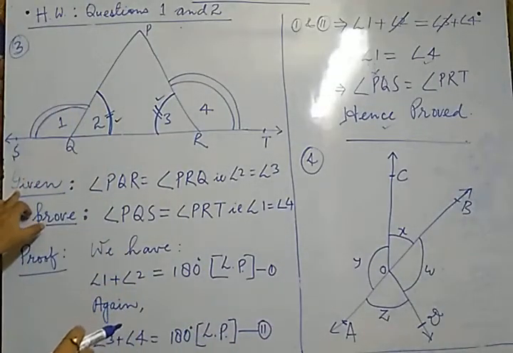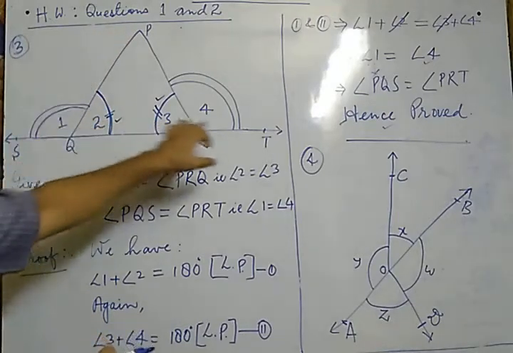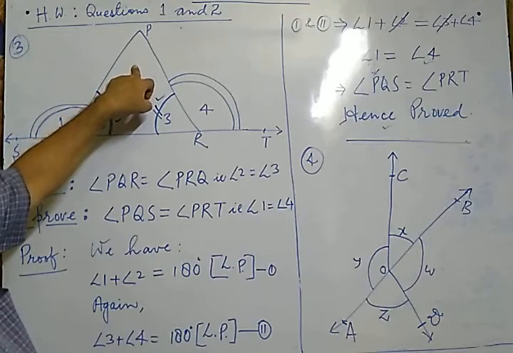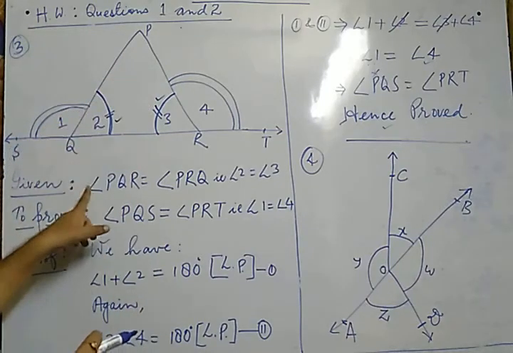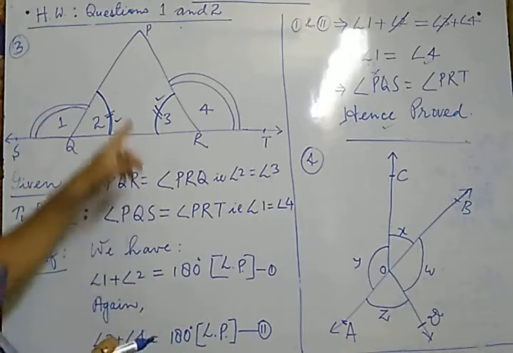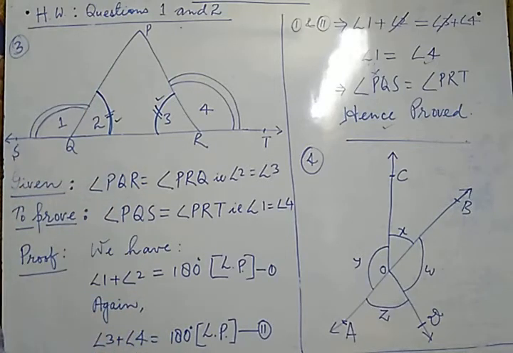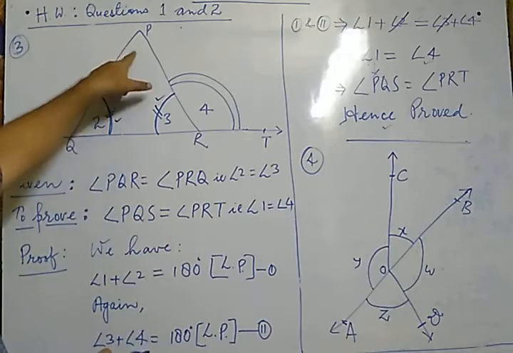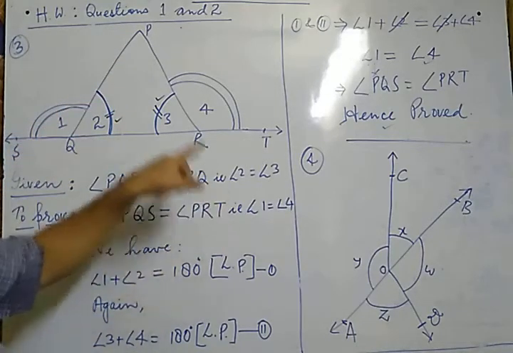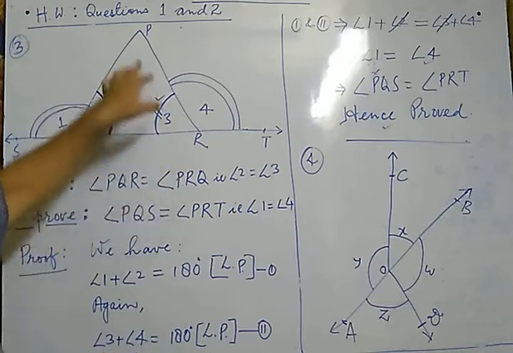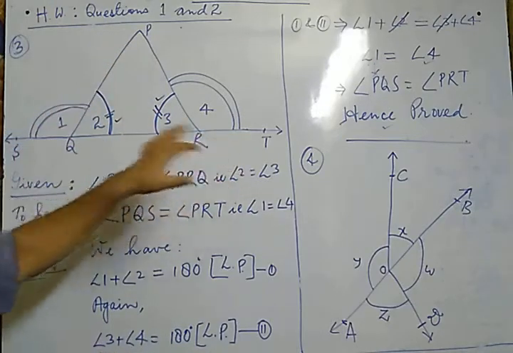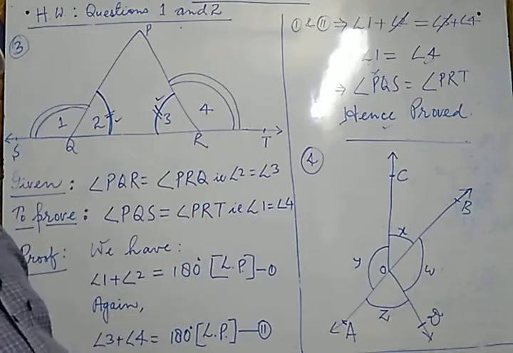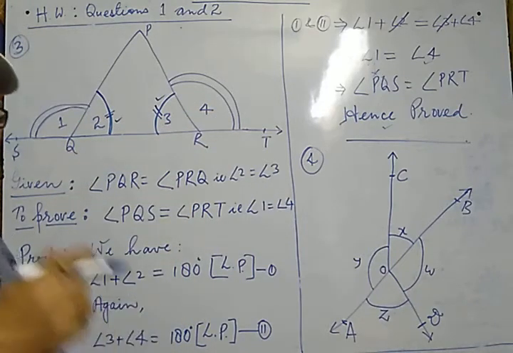Firstly, put the heading given. Firstly, you will draw this rough sketch of this figure. The figure is very compulsory. Why is it compulsory? Because you are talking about angle PQR. If the figure is not there, how can a teacher understand which angle you are talking about? So this rough figure, not exactly the same, only a rough figure should be there along with the letters which are given. And these angle 1, angle 2, angle 3 and angle 4 are taken from our side for convenience.